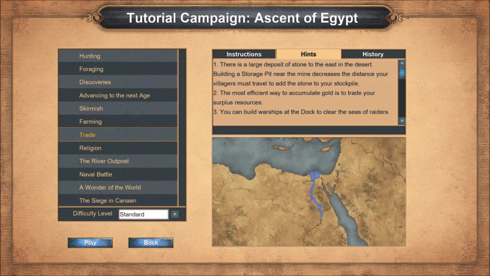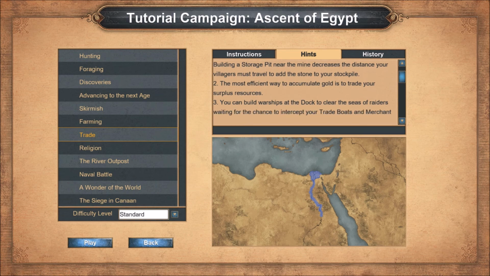Alright, now the hints are that there is a large deposit of stone to the east in the desert. Building a storage pit near the mine decreases the distance your villagers must travel to add stone to your stockpile. The most efficient way to accumulate gold is trade, your surplus resource. So you can build warships and dock to clear sea raiders waiting for the chance to intercept your trading boats